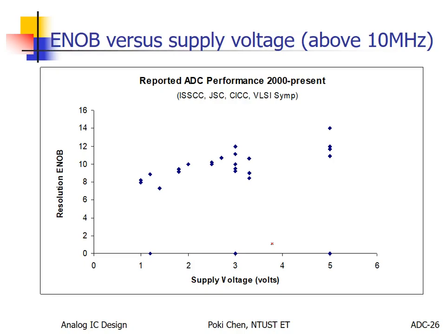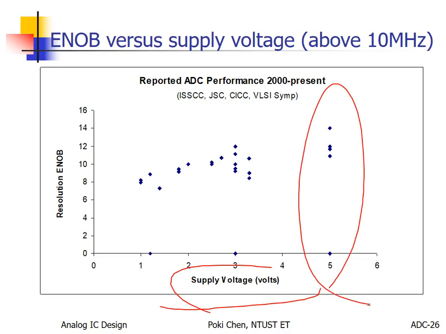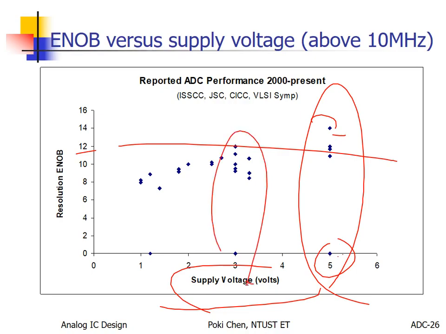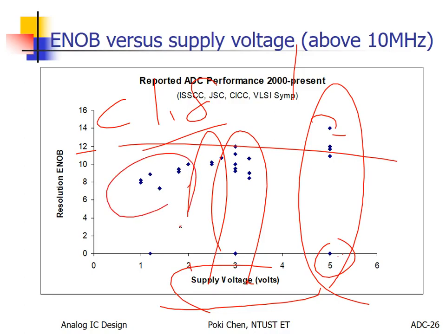So again, if we look at supply voltage, to make something higher than 12, you need 5 volts. Nowadays we don't have 3.3, we don't even have 2 point something. Right now, usually less than 1.8 or even only 1 volt. So what is the lesson you need to learn? The effective threshold for your design is not 12. No, for the current process, we are here, right? Or even there.